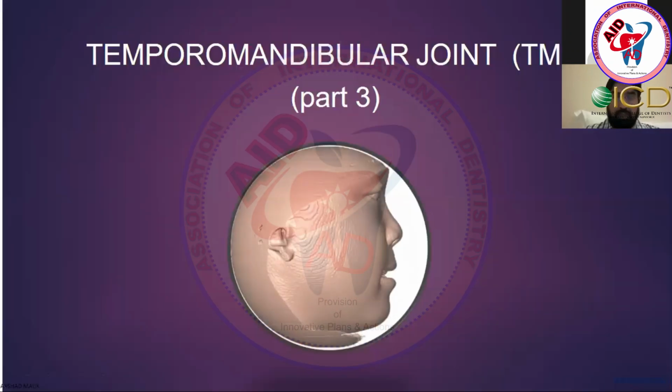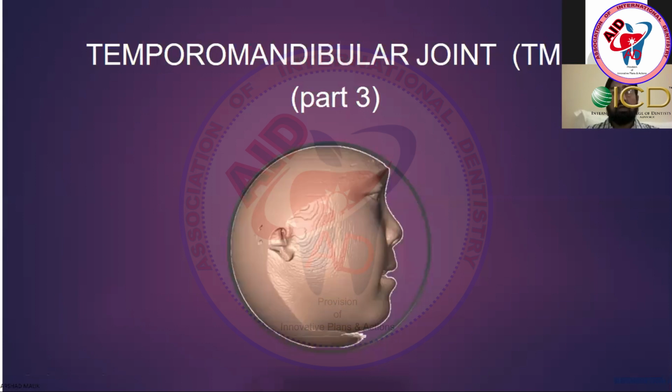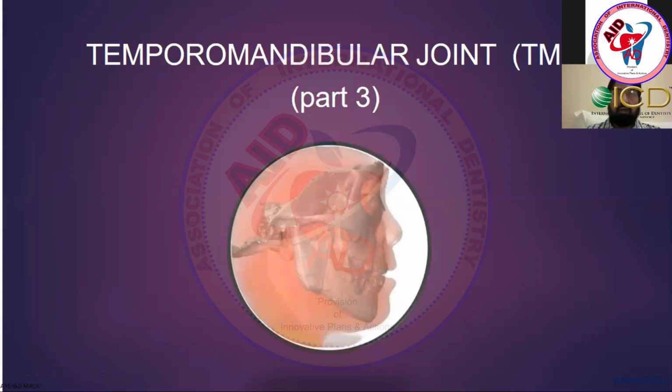Bismillahirrahmanirrahim. Ladies and gentlemen, this is our last presentation of the temporomandibular joint normal anatomy. We have covered in detail right from the development of the temporomandibular joint, when we discussed the detailed histology of the temporomandibular joint, its disc and its glenoid fossa. Then we went through the stage by stage development of the temporomandibular joint. And lastly, we discussed the orientation of the temporomandibular joint with reference to its head, the glenoid fossa, and its disc.